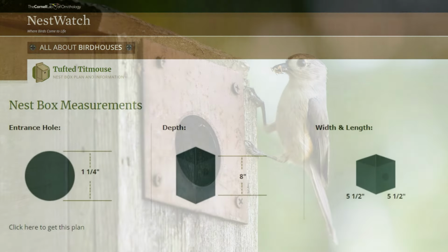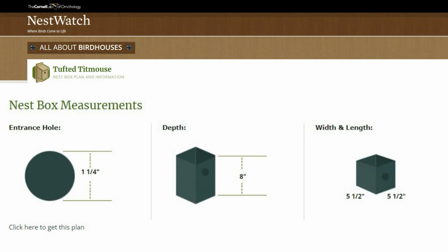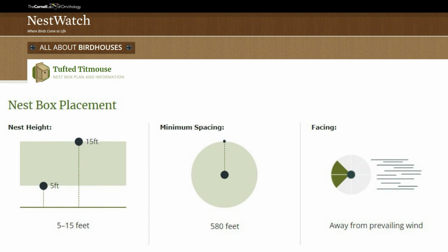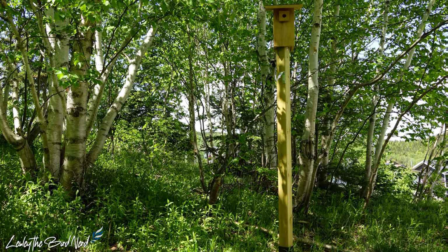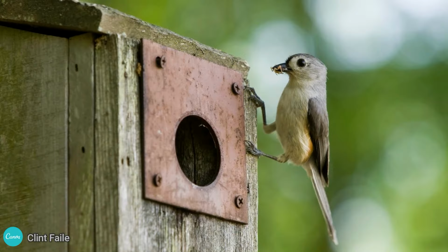For people interested in going this route, Cornell's Nest Watch suggests that the nest box be 5.5 inches for width and length, with a depth of 8 inches and an entrance hole of 1.25 inch. The box should be placed on a pole at around 5 to 15 feet, and in an area with large deciduous trees. It's also important to attach a steel guard to the outside entrance to eliminate the possibility of predators like squirrels